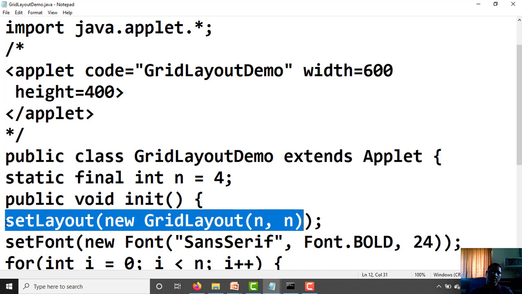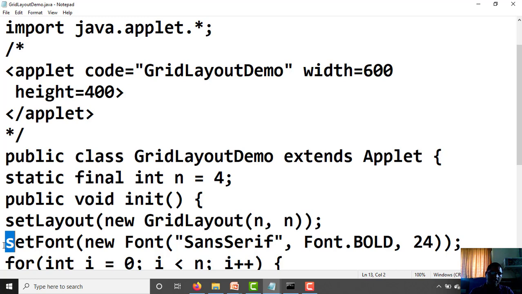Close the bracket, semicolon. This sets the grid layout for this window of 4 by 4: 4 rows and 4 columns.